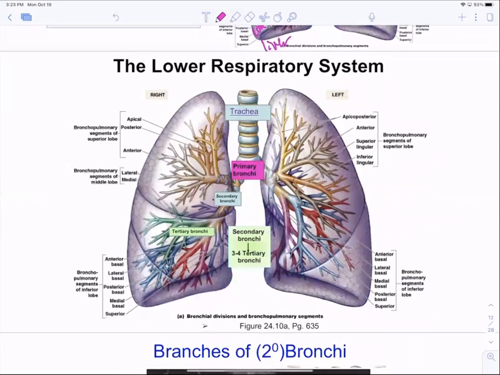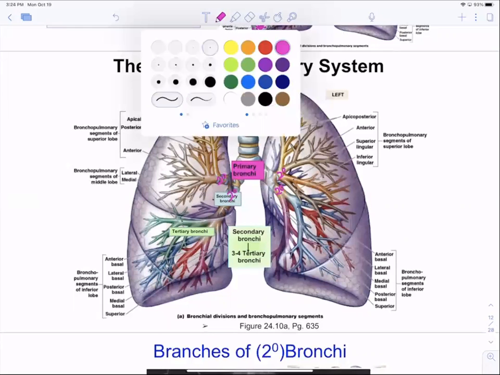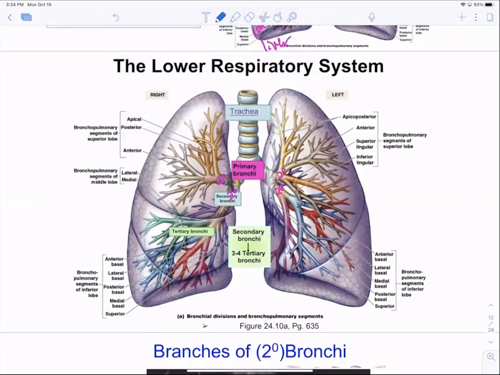Now, each primary bronchus, as it goes into the lung, is going to split a second time, and those are called the secondary bronchi. So the second split off the primary bronchi, or the second split off the trachea, is the secondary bronchi. Then you're going to have another split, and that third split off the secondary are the tertiary bronchi. Now, the thing about tertiary bronchi is everything downstream of those tertiary bronchi is now called a bronchopulmonary segment or lobe. So these are tertiary bronchi, and everything